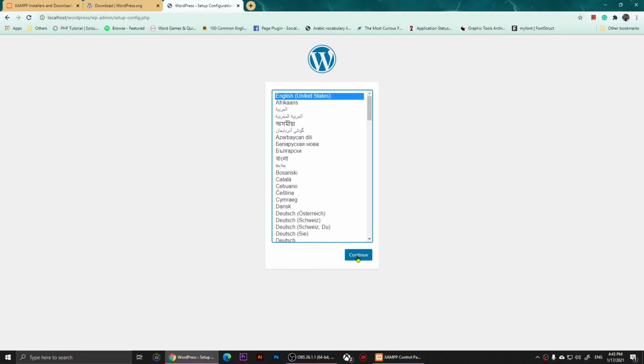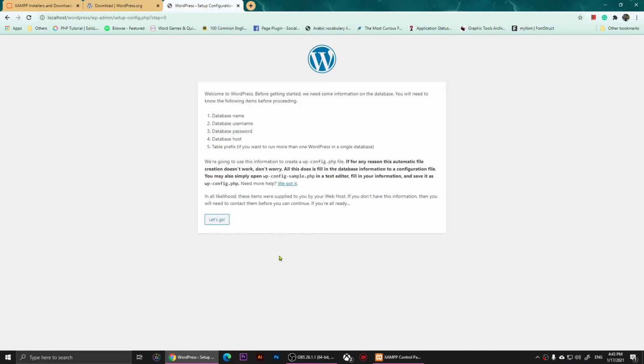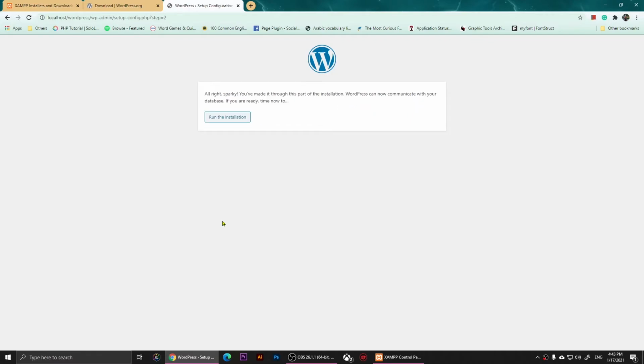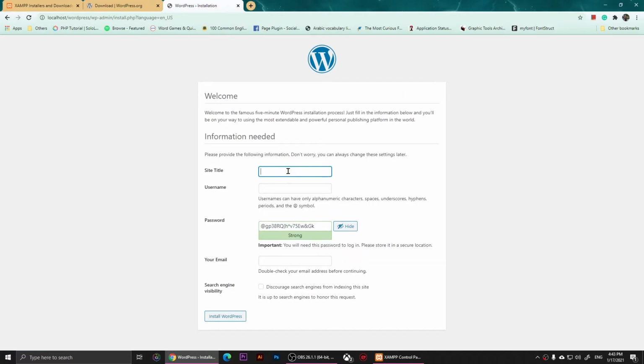So just click on next, and now just click on let's go, and then this is the name. So the name should be WordPress, just like the database name, and this one is the username. So you'll need to change this to root, and make sure you remove the password. So just delete this one, and then right here you'll need to click on submit. So once you do that, you'll need to click on run the installation,